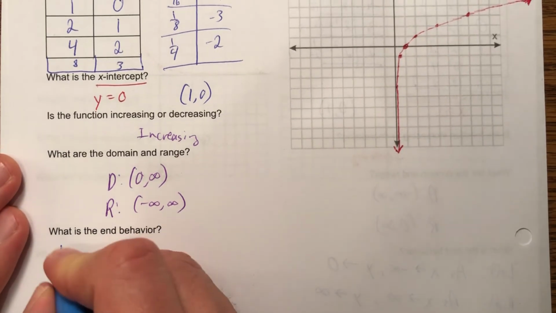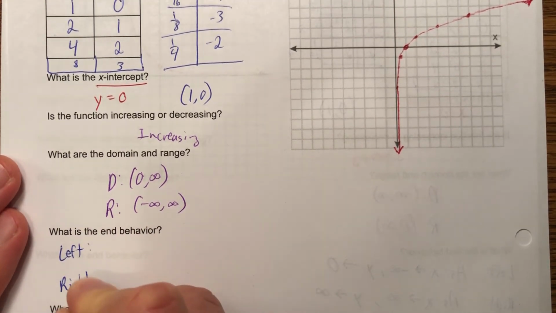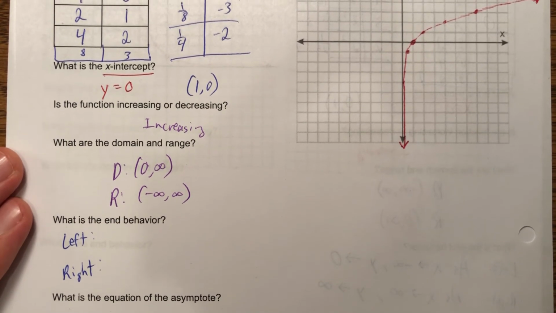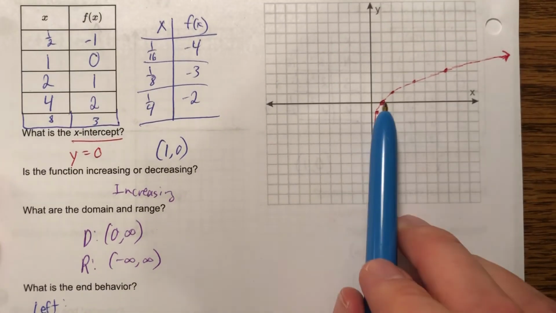Okay, well, what is the end behavior? Well, we're going to go to the left, and we're also going to go to the right. And you do not have to write left and right every time, okay? I'm explaining what's going on. I'm actually going to start with the easy part. Let's go to the right first. I think that one's going to be easy. As we go to the right,